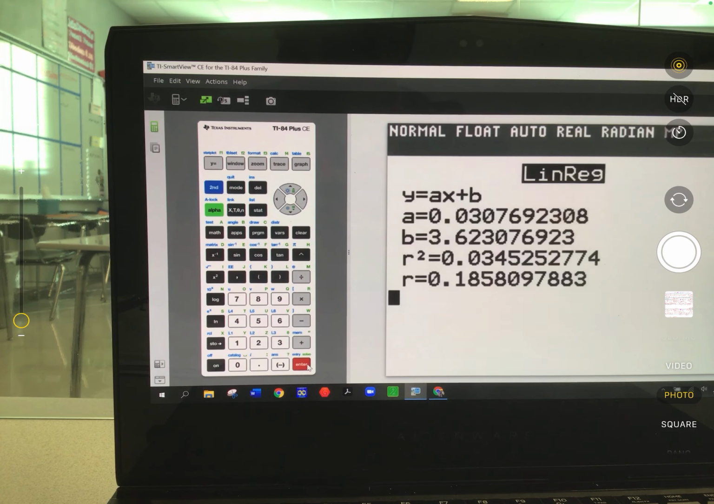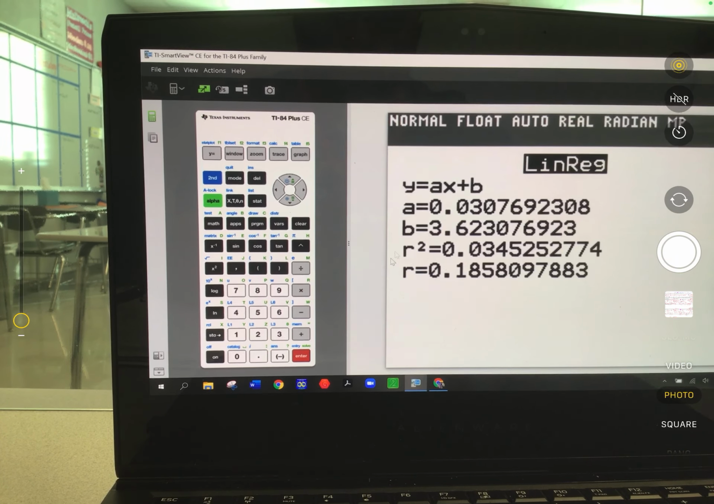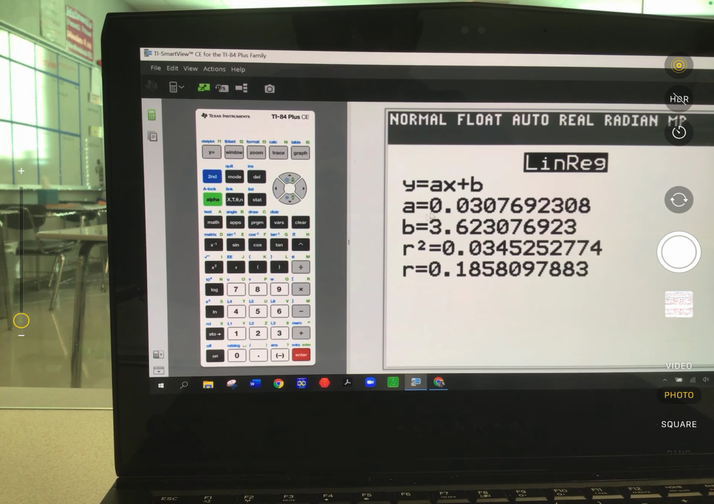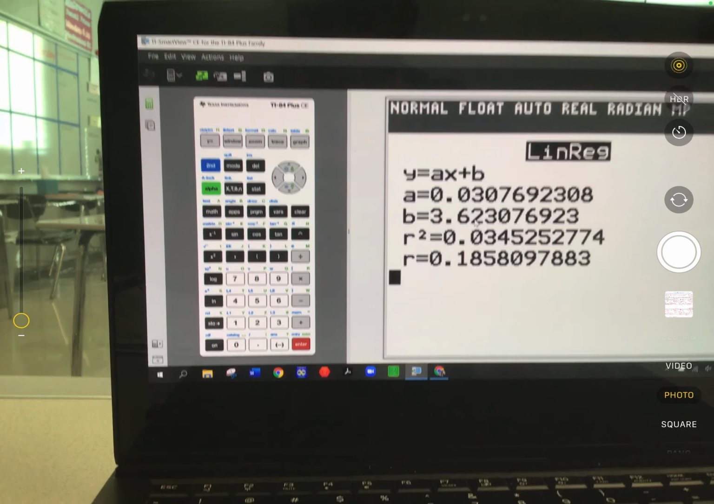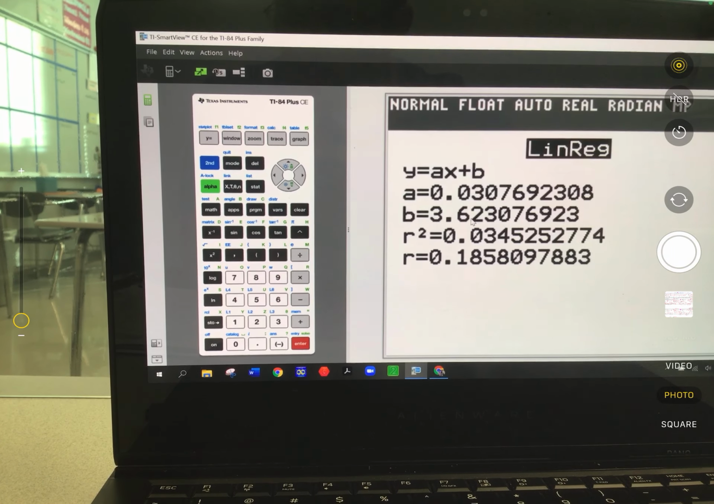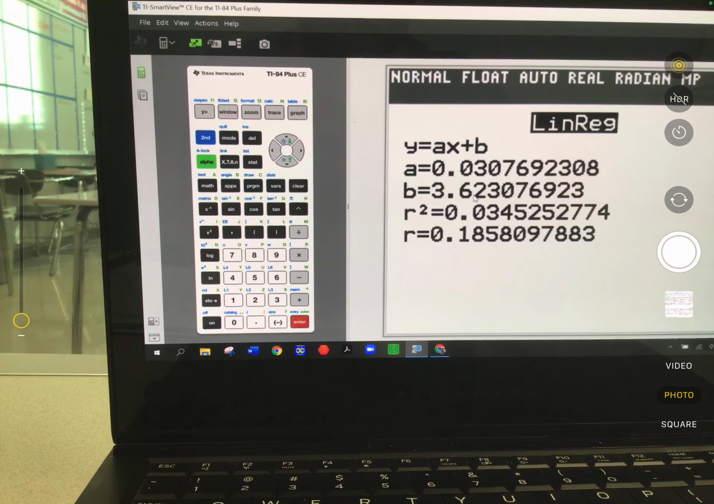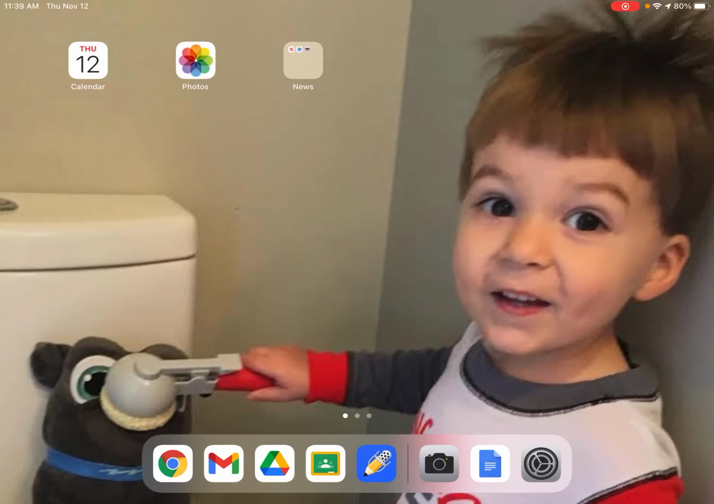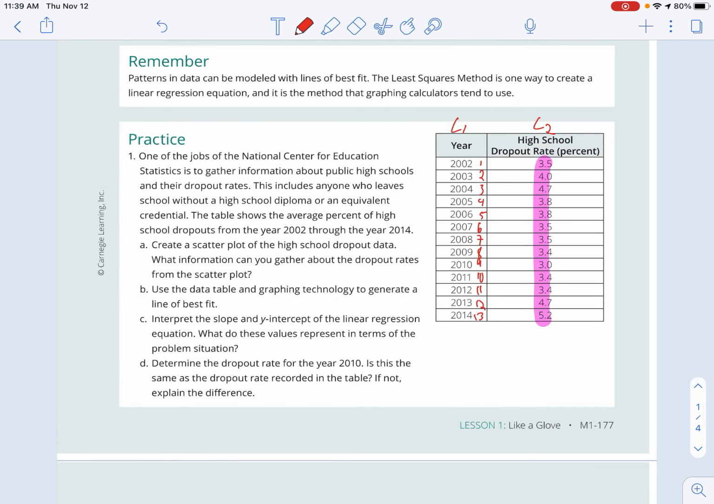There is my slope, my rate of change. There is my y-intercept, 3.62. So that is going to be my line of best fit. I will pause it here to write that down, as my bell is also going to ring. Okay. So on my notes, B, it's going to be f of x, the same thing as y, equals 0.03x plus 3.6. I'm going to pause it there, and I'll continue with